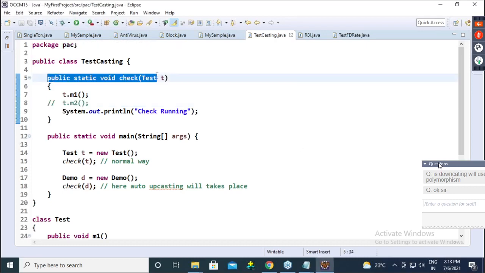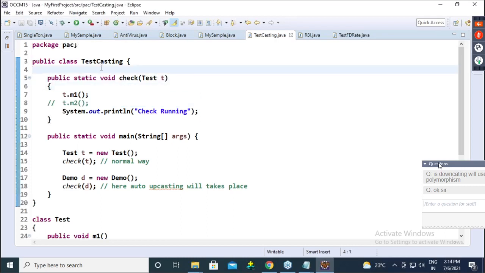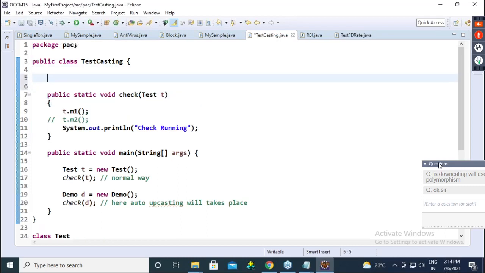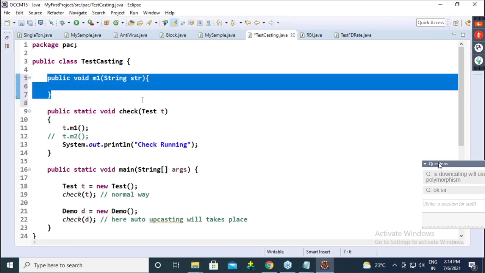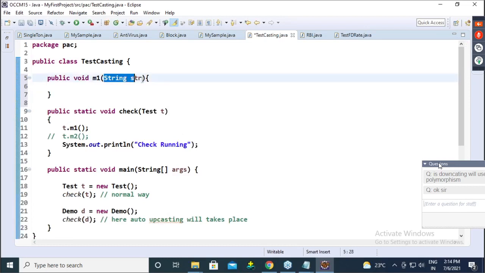This is a method. If you have a method with an argument, and I want to execute this method, I have to pass a class argument.